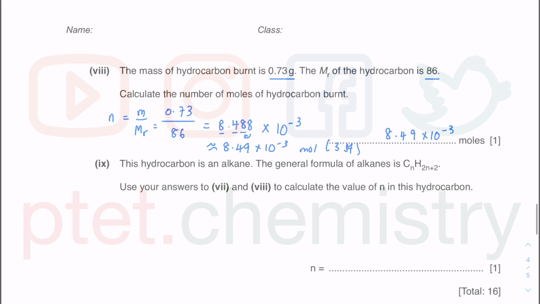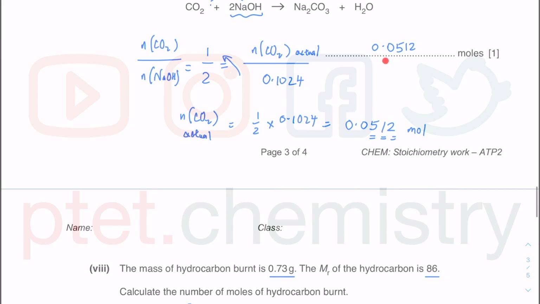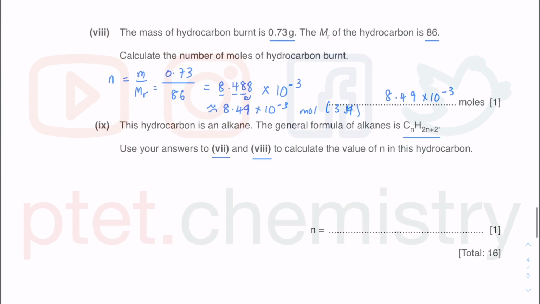In this last question, we are told that the general formula of alkane, where n is a whole number, is CnH2n+2. Use your answer to part 7 and part 8. Part 8 is just this one. Part 7 is 0.0512 mole of carbon dioxide. This is the mole of carbon dioxide, 0.0512. So the mole of CO2 is